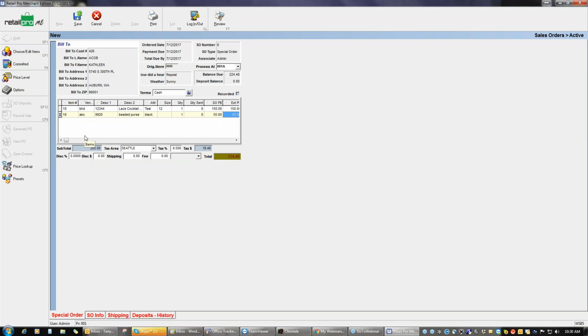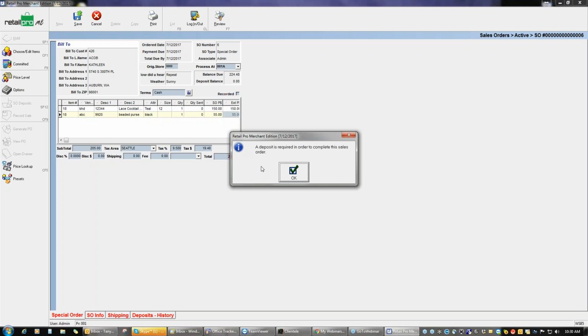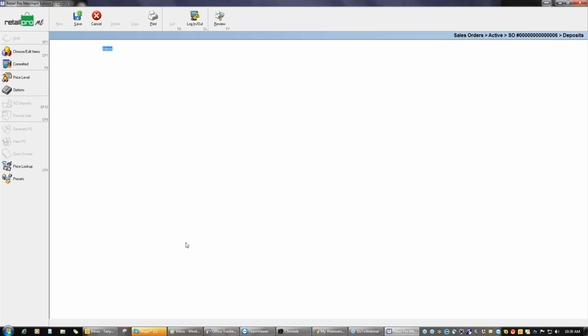now going to, from this point on, it's just like the customer order, except we're going to take a deposit. You have to save this document first. Now, because we're requiring a deposit, it's actually going to prompt me and remind me, hey, you need to take a deposit on this one. Okay, so I'm going to save my changes, and it tells me a deposit is required in order to complete